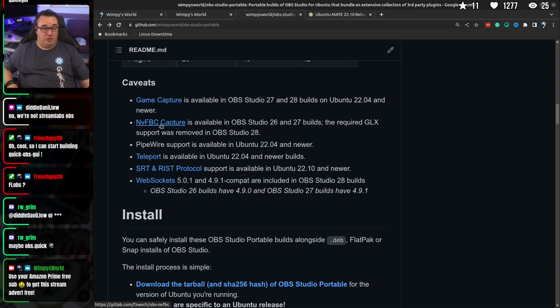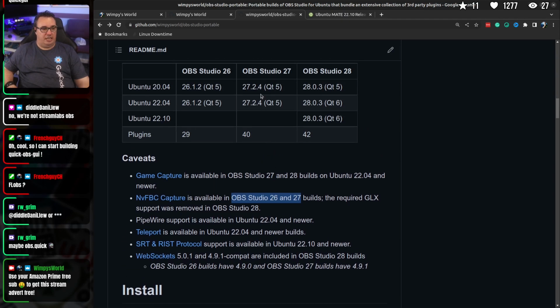NVFBC, which I used to use when I had an NVIDIA card in this machine, was great. It's a bit like Shadow Play. Well, it's effectively Shadow Play for Linux, but it does require you jump through some hoops. But that used GLX, which has been removed in OBS Studio 28. So that's only available for OBS Studio 26 and 27,